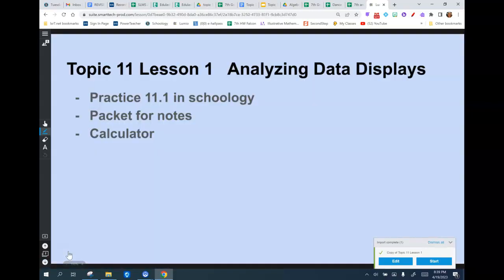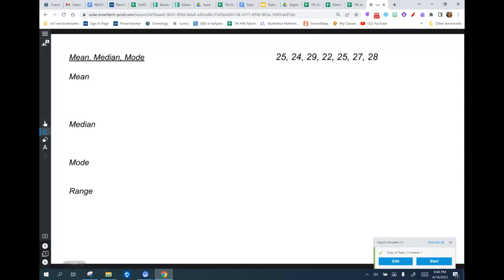So the first thing we're going to do is talk about mean, median, and mode. So this is hopefully a review for you, but I just want to make sure that it is. So when we're talking about mean, remember that's also called the average. Anyway, and remember to find the average first,